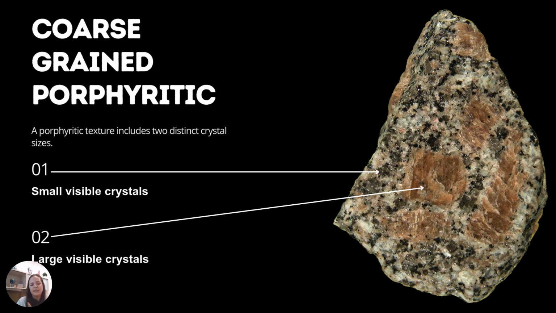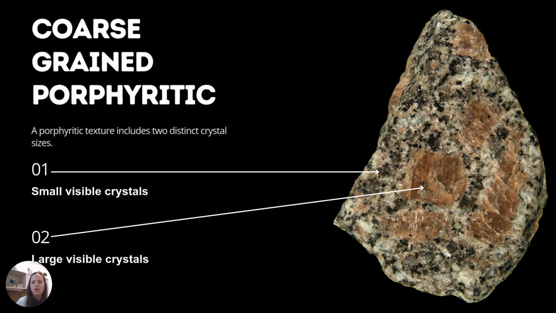So there's two crystal sizes, but you can see both of them in a coarse-grained porphyritic. This just means that there was differential cooling rates in the magma chamber as this pluton came to the surface. But what about the fine-grained, right? There's some that you can see and some that you can't see. So how do you